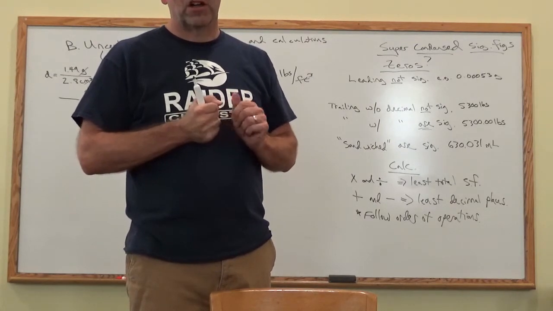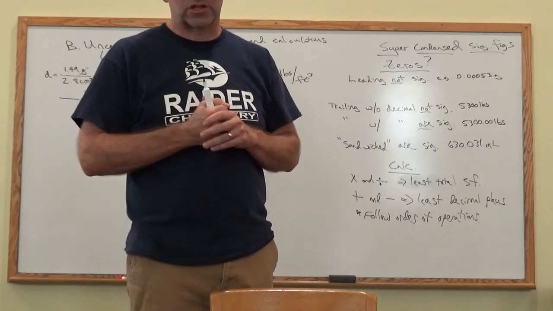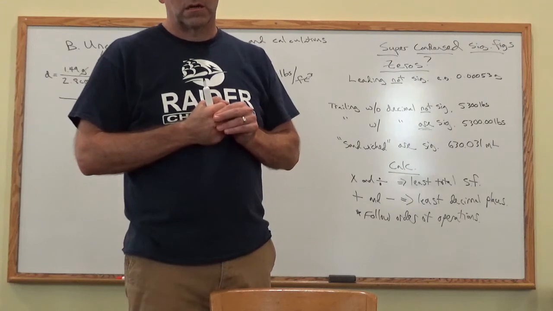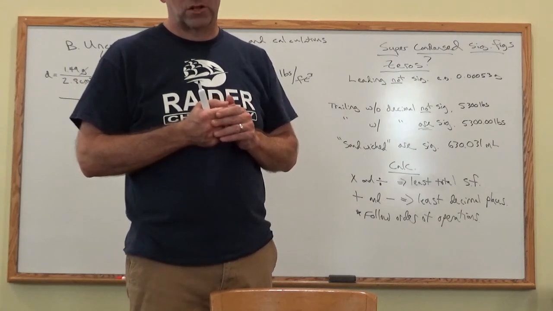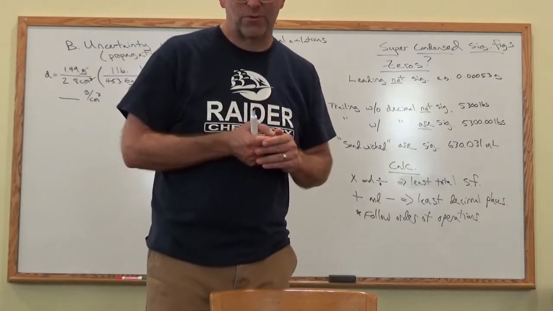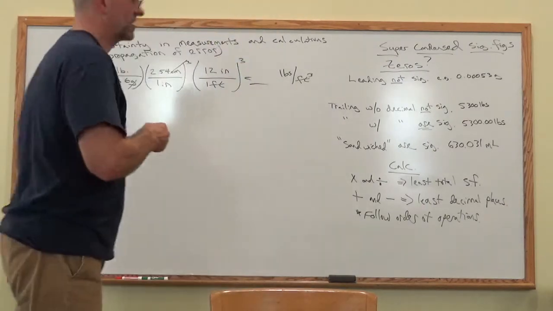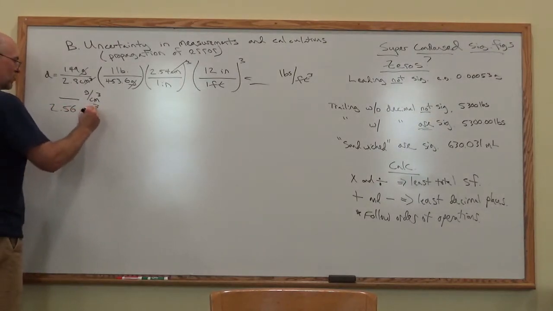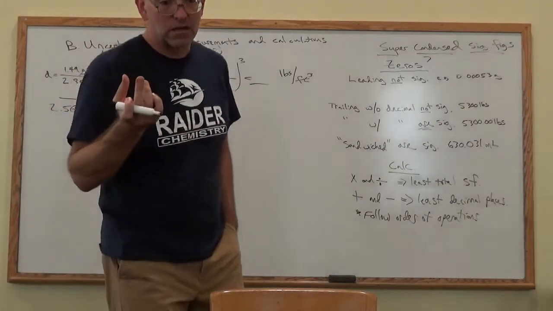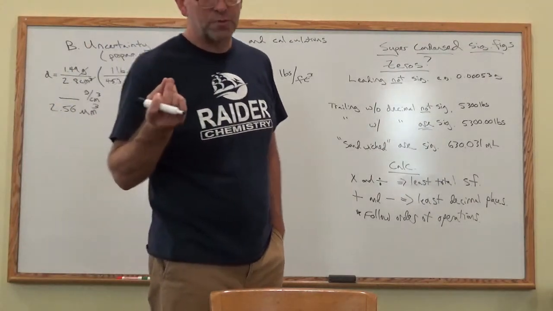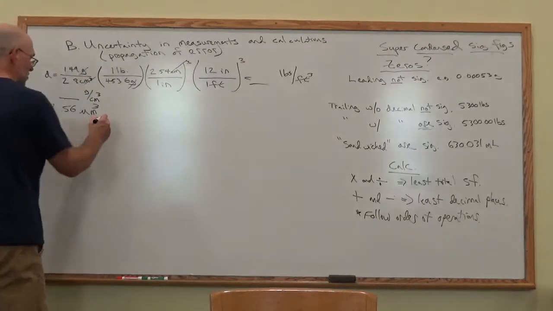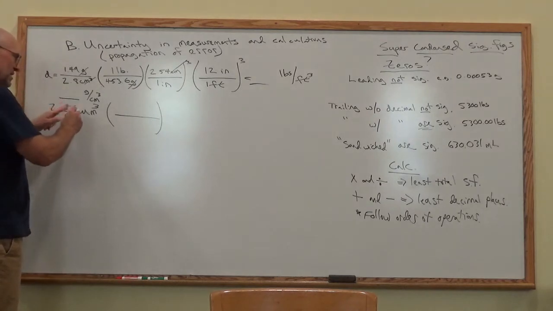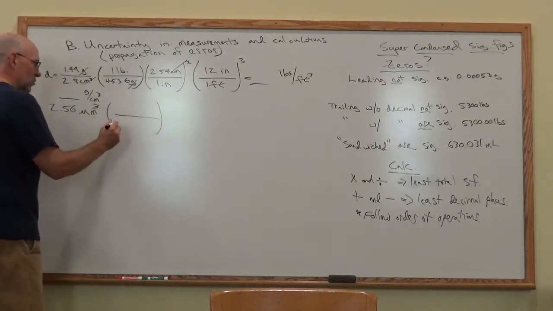Number 7, the volume of a certain bacterial cell, this is actually something similar to the quiz, is 2.56 cubic micrometers. I think you can do that one. So 2.56 cubic micrometers, so it's pretty small, it's a bacteria. And you want to go to cubic millimeters. This is a good one, because I don't think you want to do this in one step. This is one where you want to go to the unit without the prefix and then go to the next one. So we know that a